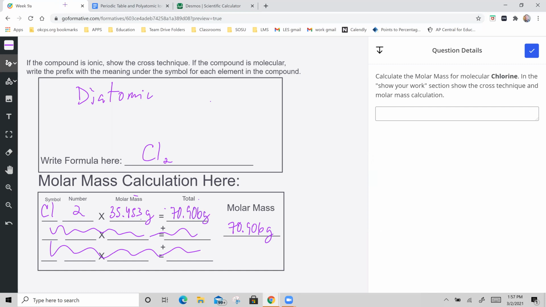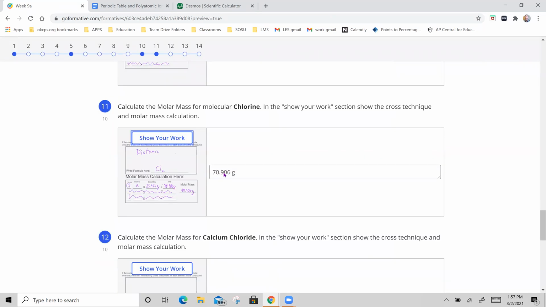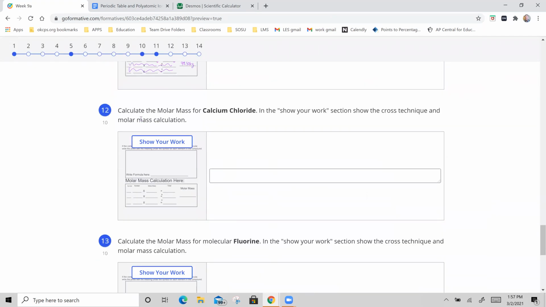Of course, we're not adding it to anything. We have nothing else to add, so it's okay that it goes there. So we type in our answer, and there you go. All right, looky there. Too easy. Now we go to the next one, and it says we are calculating the molar mass for calcium